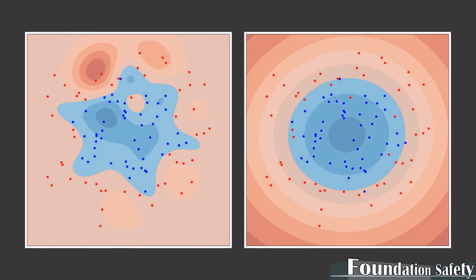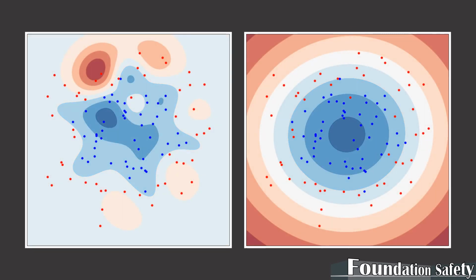In the same way, your labels don't have to be binary, your boundaries don't have to be hard boundaries. You can make something more akin to a heat map where you have areas of near certainty or likelihood, or you're not even sure of a particular outcome. The image on the right even looks like a target.